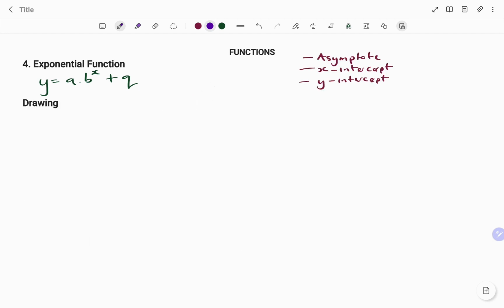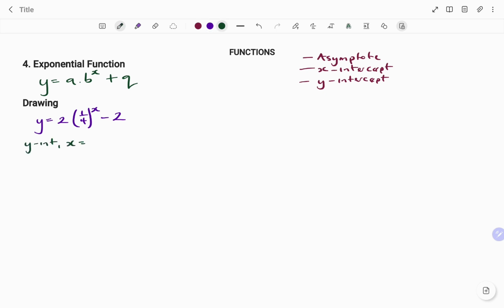So if I'm to draw the graph of, for example, y equals 2 times 1/4, that's the value of b, to the power of x, minus 2. You can see that minus 2, which is the value of q, means my graph has shifted vertically 2 units downwards. So starting with my y-intercept,